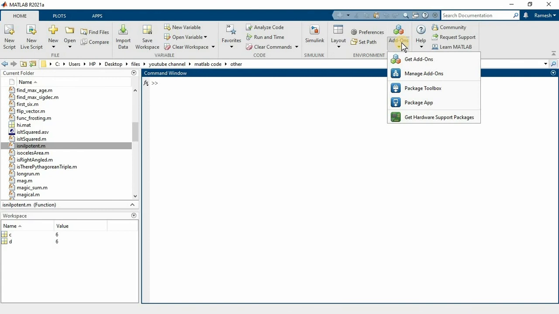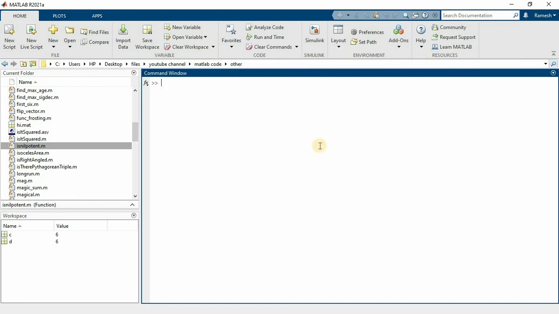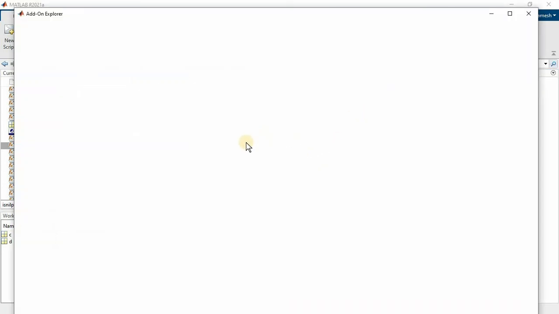Add-ons: multiple times you will find that add-ons are useful. If you want to package an application, a standalone application, or add an application to your MATLAB, add-ons will help you. Also, if you want to install any new add-on for MATLAB, click here, for example. It opens the Add-On Explorer.